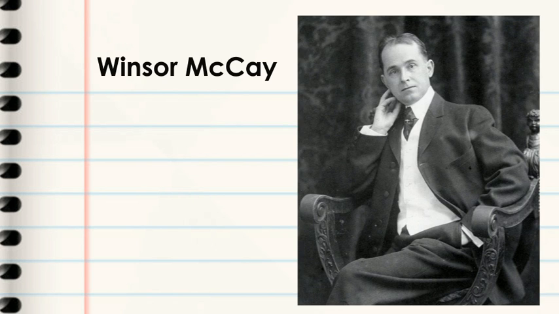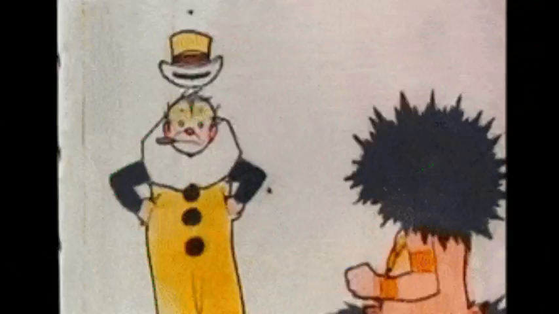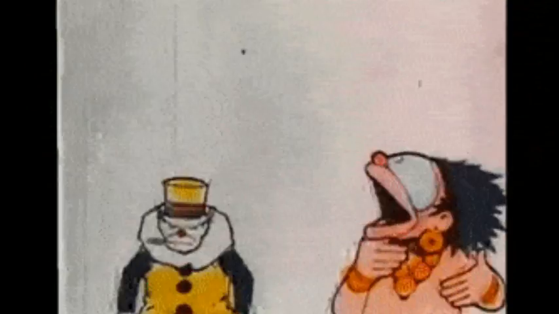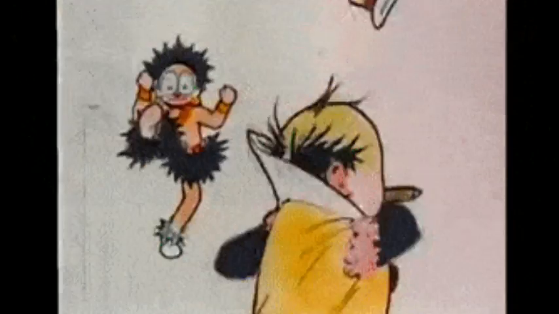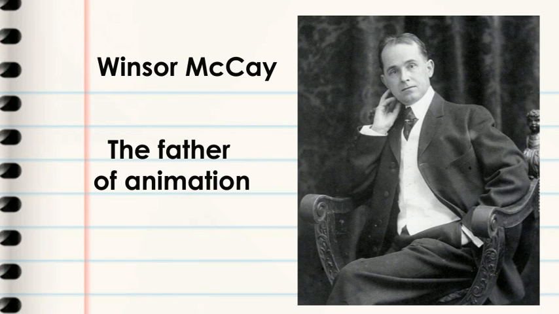Winsor McCay was widely known as the father of animation. He converted his cartoon strip Little Nemo into a 10-minute feature film that was released on April 8, 1911. From a young age, McCay was quick, prolific, and technically skillful as an artist. He started his professional career making posters and performing for dime museums,